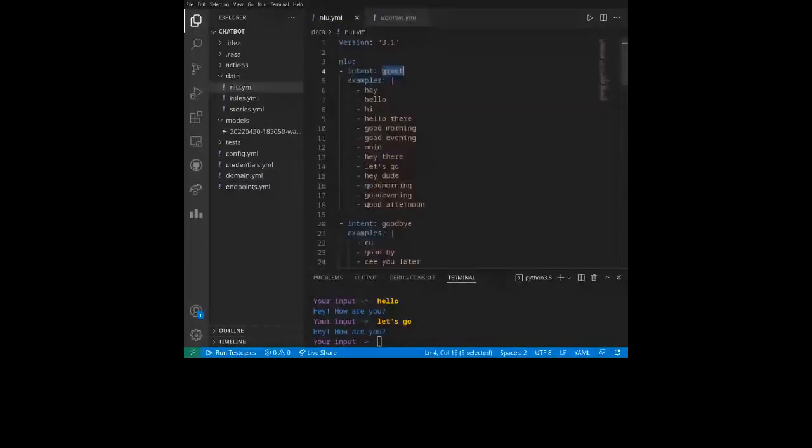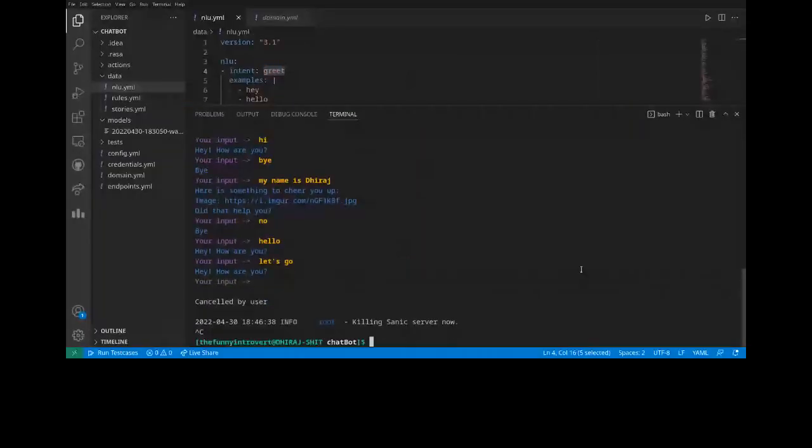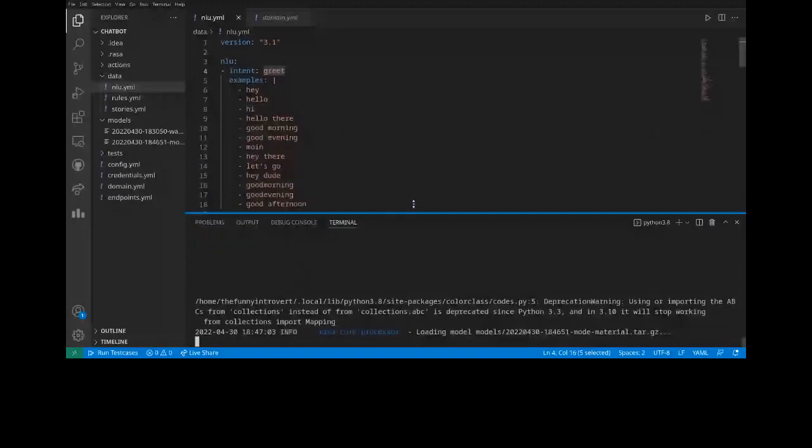Now to explain in a better way, I will just cut this. Now I will just do rasa interactive. Now this will make us understand even better how it is analyzing and how it's working behind the scenes. Now if you have seen, we got another new model. I'm not sure, I changed something, but maybe I did, that's why we got another new model, and that is basically helping us, which you can take directly to production.